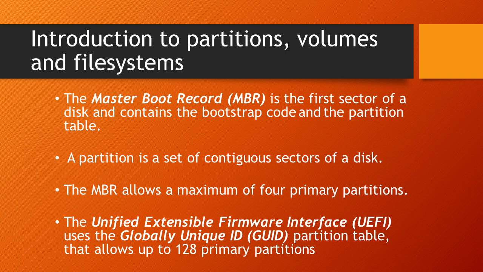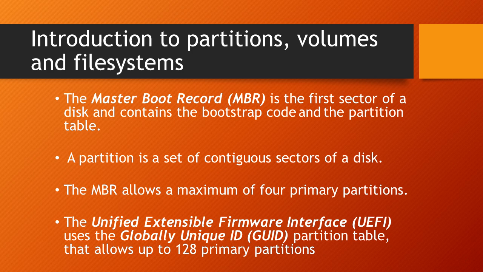The first sector of a disk is the so-called master boot record that contains the bootstrap code and the partition table. The partition table contains the entries with information about each partition on the disk. A partition can be defined as a set of contiguous sectors of a disk formatted with the same file system. Older computers that rely on the master boot record can have a maximum of 4 primary partitions, though extended partitions